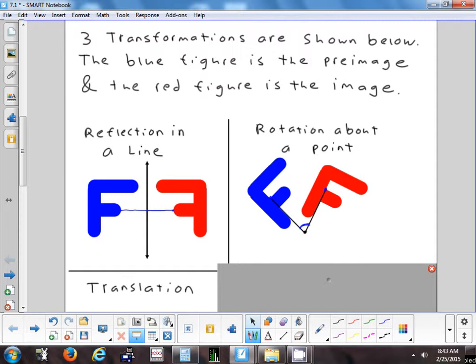Do you think you have to pick those 2 points exactly? No, I could pick any 2 points as long as they're corresponding. I could pick the upper left part of the F there and the upper left part of the F there. If I drew in 2 lines, the angle would come out exactly the same. Right, so that's rotation. And last one is